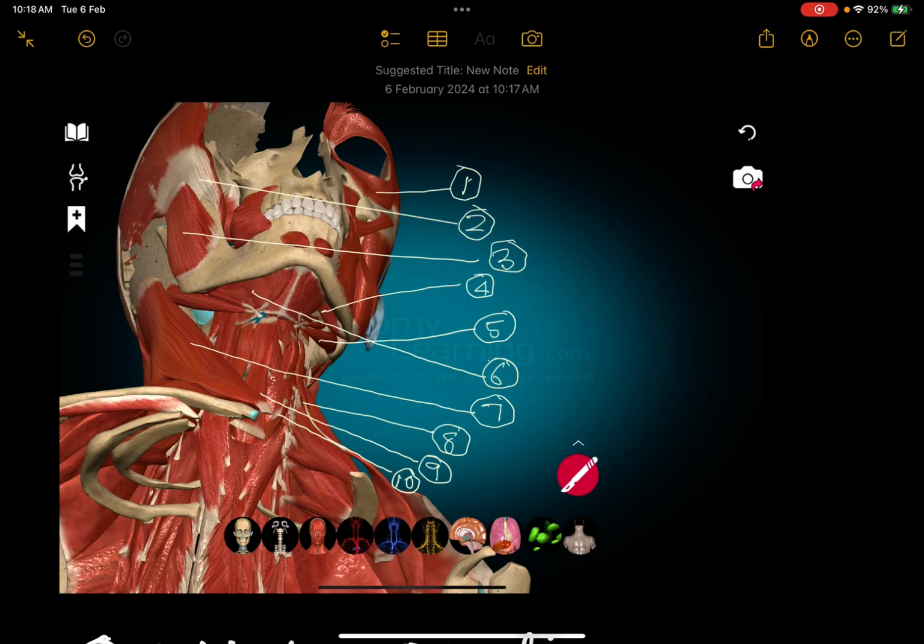So here is a test. First, you name the 10 muscles that are being pointed at in this diagram. We will give you 10 minutes for that. Okay, we'll give you 5 minutes because you have to be fast. You get 42 seconds to answer